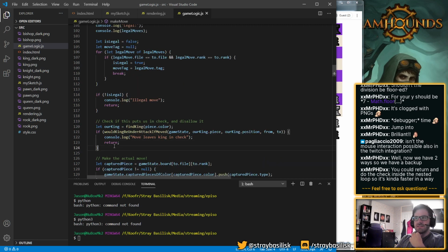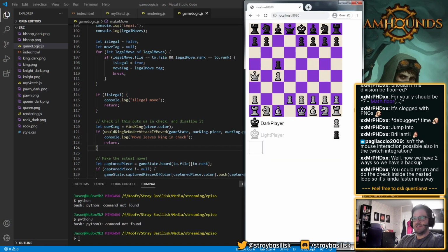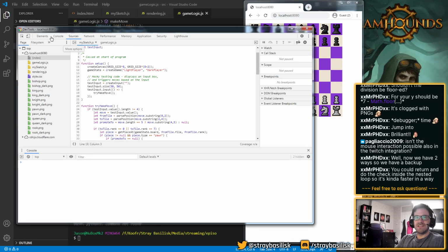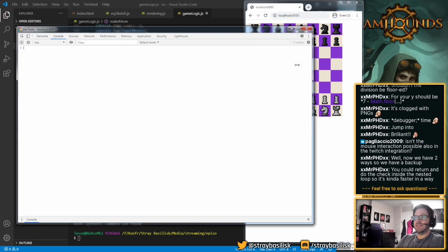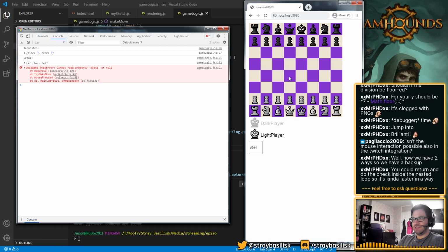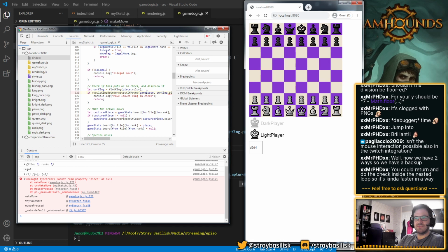Okay, let's see if this works. I forgot I can click as well, so let's put the console over here. So let's do the same kind of thing we did before. Oh, proper stack traces, awesome.